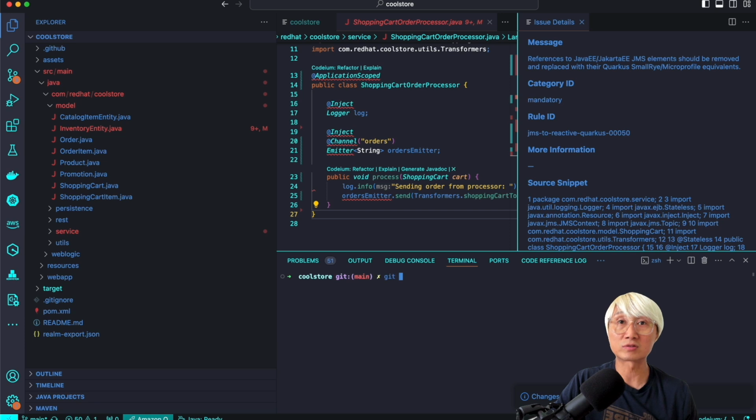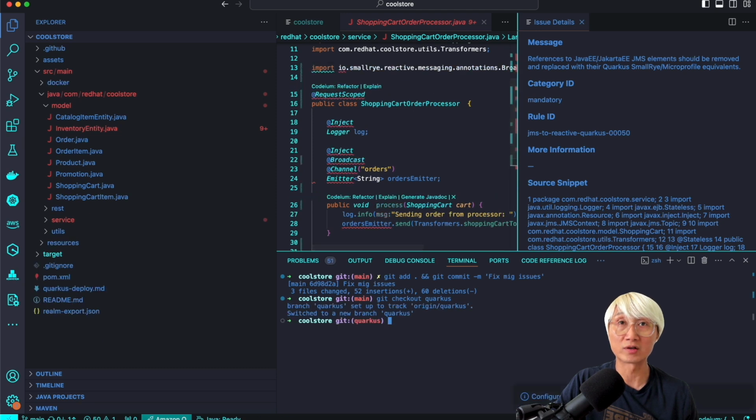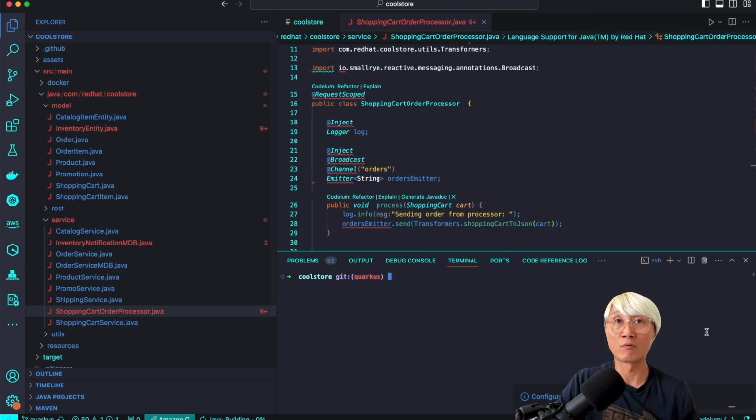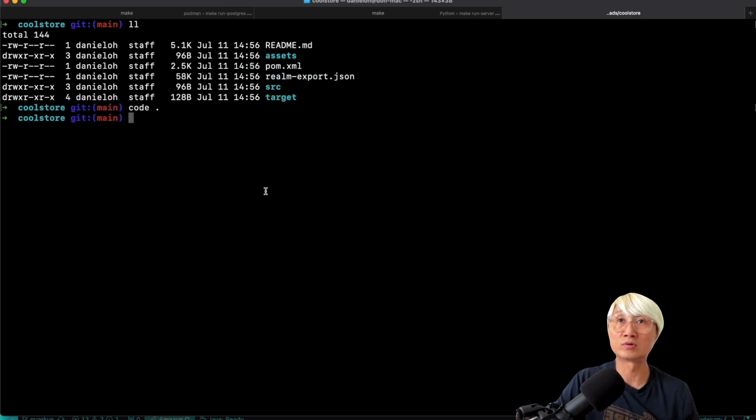So let me quickly save some changes I already made, and then just git add and git commit with a message like fix the migration issue. And after that, I'm going to switch to the solution branch, which is the CoolStore Quarkus branch here. Let me switch to the Quarkus branch, and it already migrated all the issues. Okay, so before I run the Quarkus demo to verify my application is really working in the Quarkus environment, I'm going to start